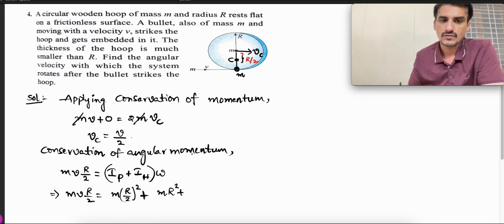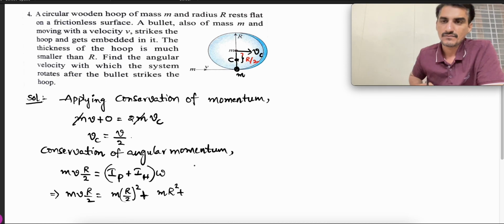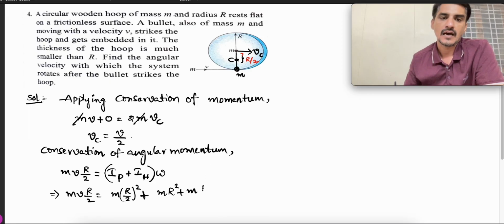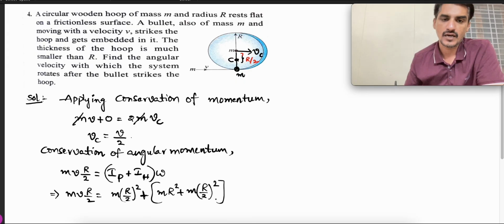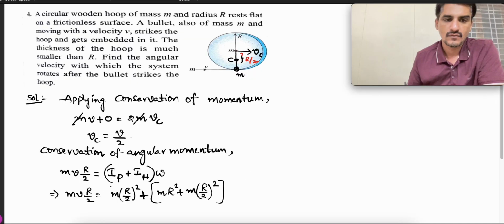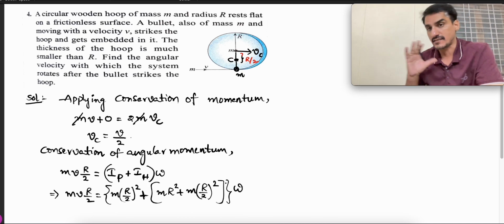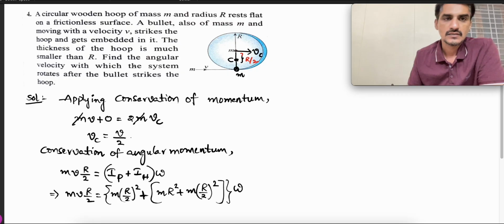Okay, now. So for the entire ring about its own axis, its moment of inertia is mr square plus m into small r square. What is that small r? Means distance between two parallel axes, that is r by 2 whole square. Mr square plus m into r by 2 whole square. For the whole system, we have to take omega common. Yes or no? Because for the whole system, entire system is rotating about its center of mass, right? So therefore,